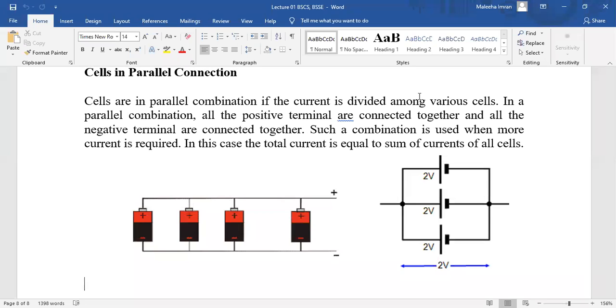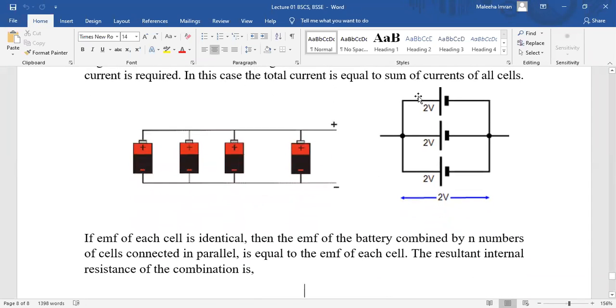अभी आप अब देखें, अगर आप सेल्स को पैरेलली कनेक्ट करेंगे तो then the voltage will remain same about two terminals, मतलब पॉजिटिव नेगेटिव पे आपकी वोल्टेज सेम होगी, लेकिन द करंट विल बी डिफरेंट। द रीजन दिस वन, क्योंकि करंट जो है वो डिफरेंट पाथ्स में मूव कर रहा होगा, तो इसलिए आपका करंट जो है वो डिफरेंट होगा। ठीक है, अच्छा जी।